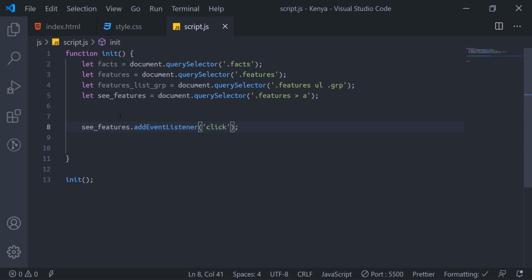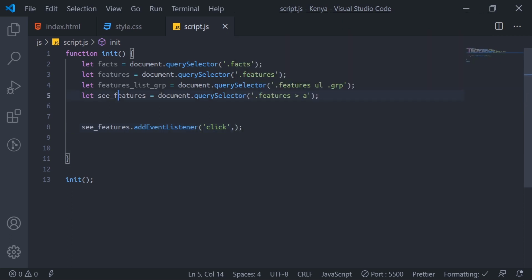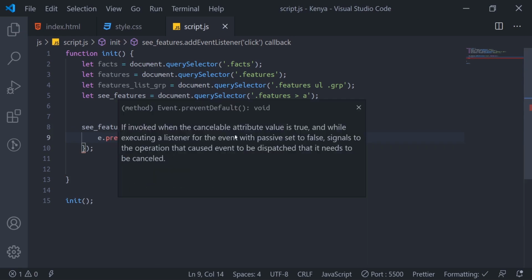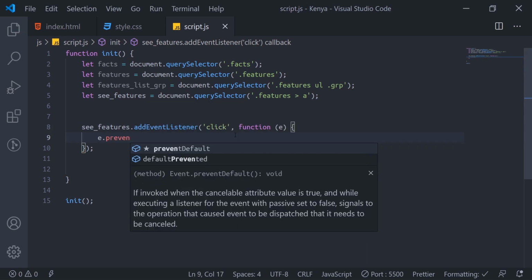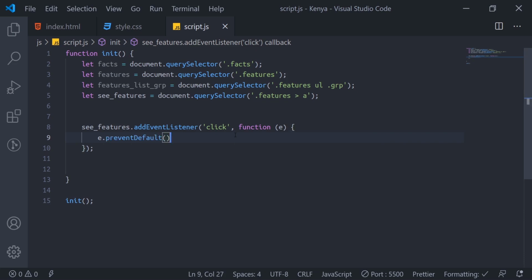Click. So when they click on that anchor tag, something is supposed to happen. So we must have a function with e to prevent default. So the default thing that is supposed to happen when you click an anchor tag is not gonna happen again.